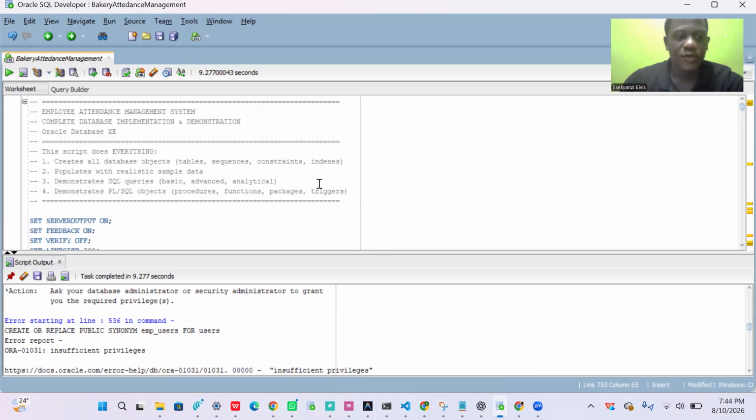It has been able to create the database objects like the tables and all that, the demonstration of the SQL queries, the SQL PL objects, and the database application features.